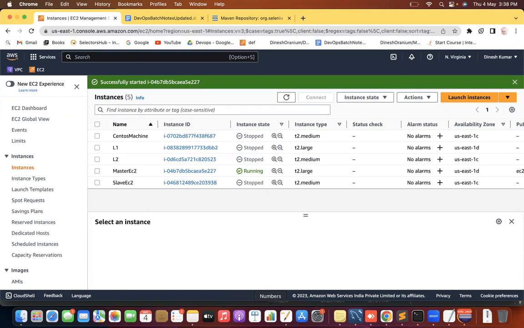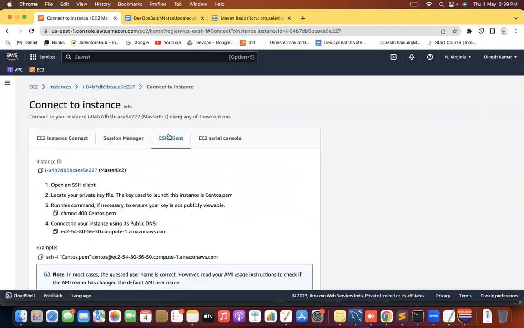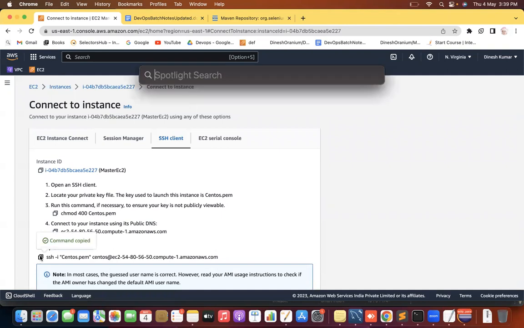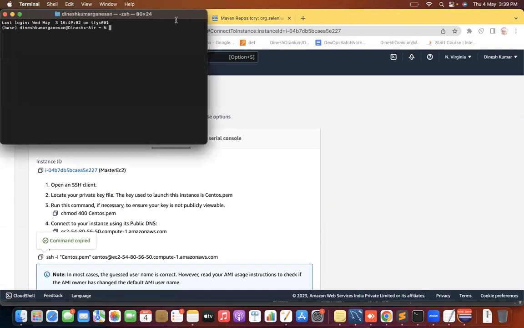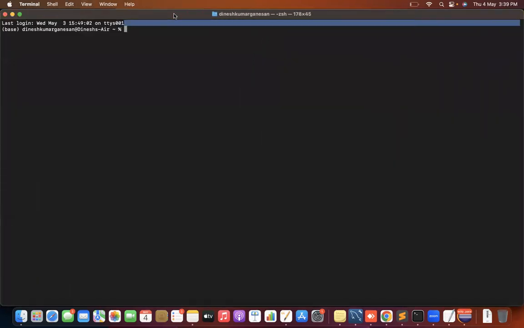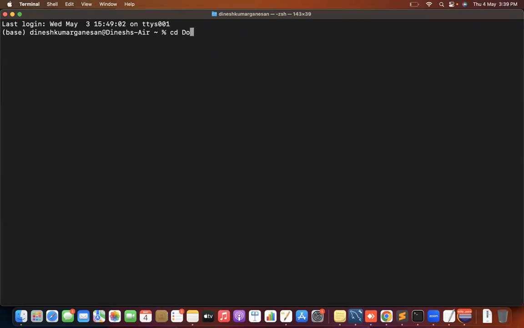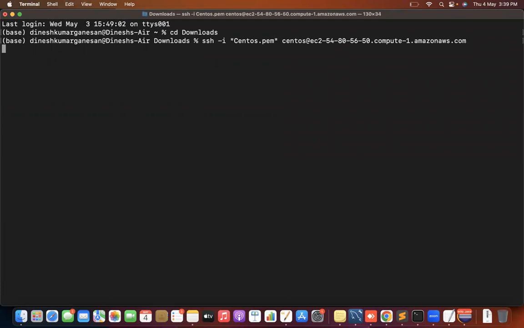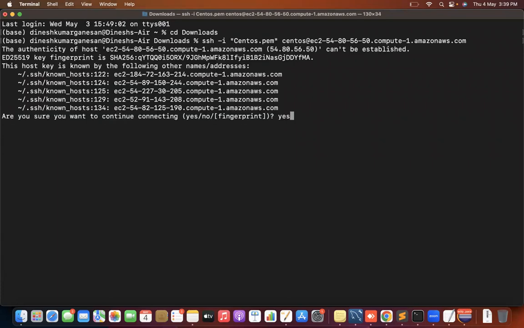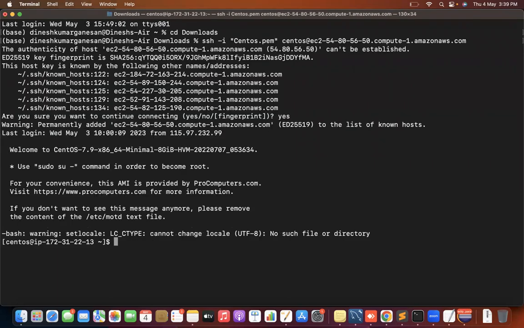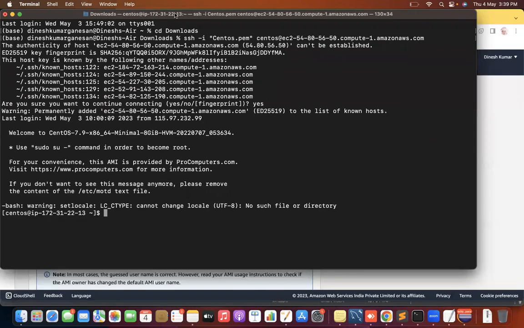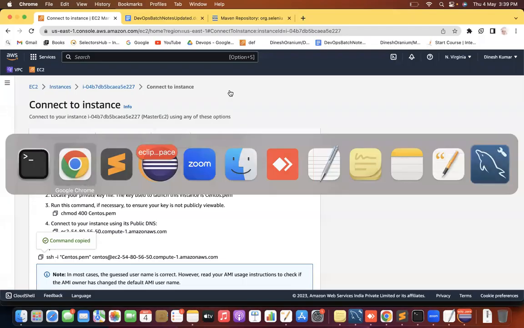Okay, so I will connect this particular EC2 instance. I will copy this, open my terminal. I can write cd downloads and this one, press enter. Yes, and I have connected to my CentOS machine. Good. So now this time